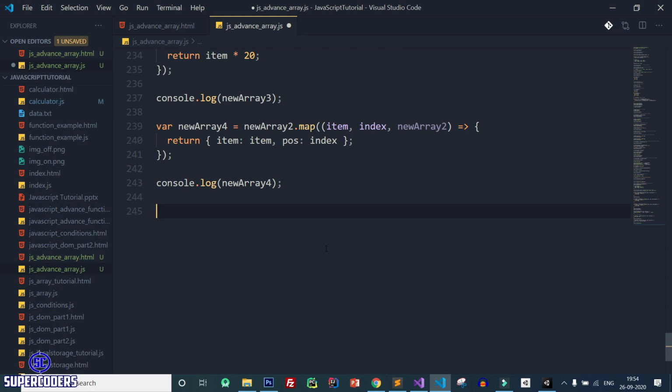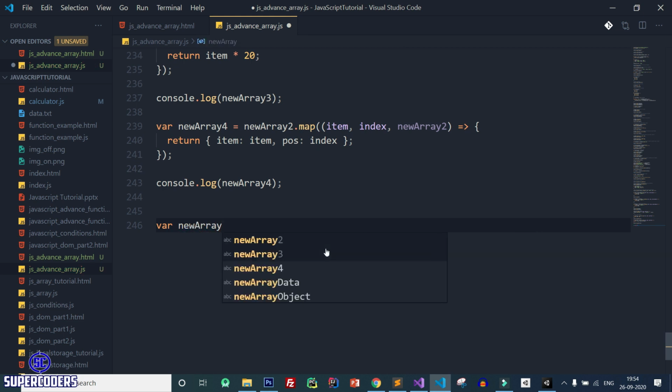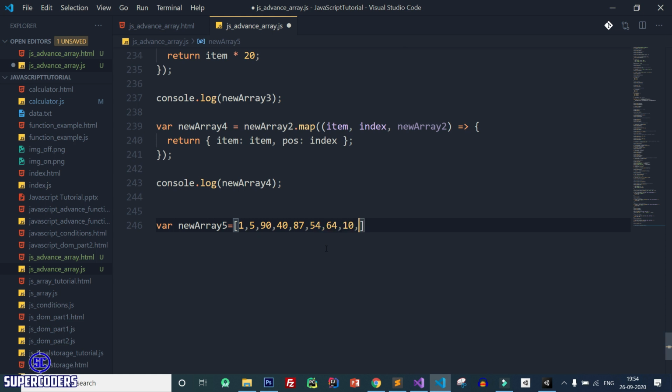Now let's see the next example, which is how you can sort the data of an array. So let's create a new array 5 equal to array 1, 5, 90, 41, 87, 54, 64, 10, anything, random integer numbers. So let's see how we can sort this data.